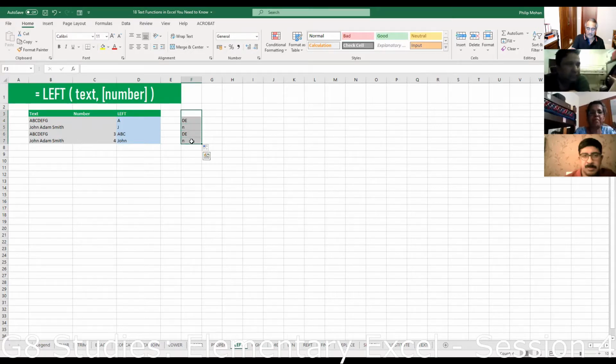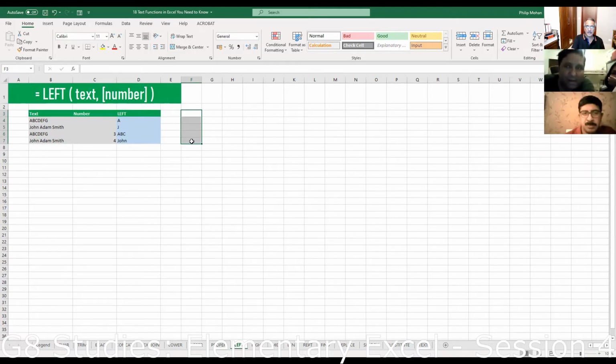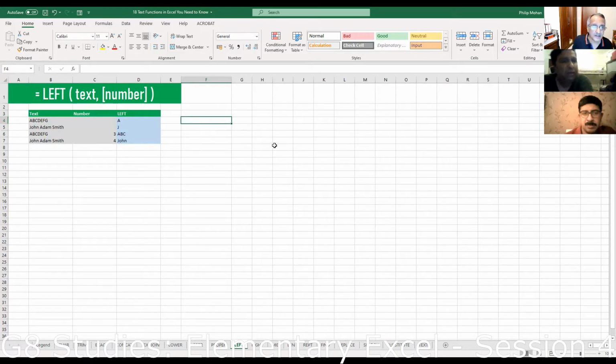Any questions on them? Can we use 2 functions like proper and left together? Yeah, of course you can. As far as I know, you can indefinitely combine functions. Let's try that. You want to do proper and left.